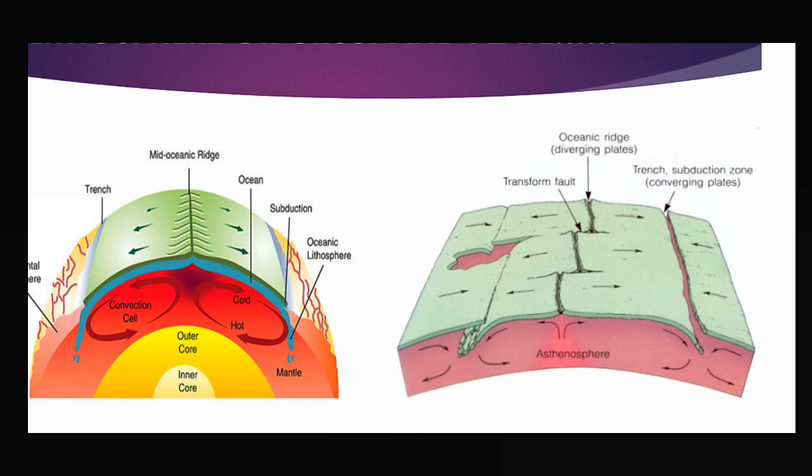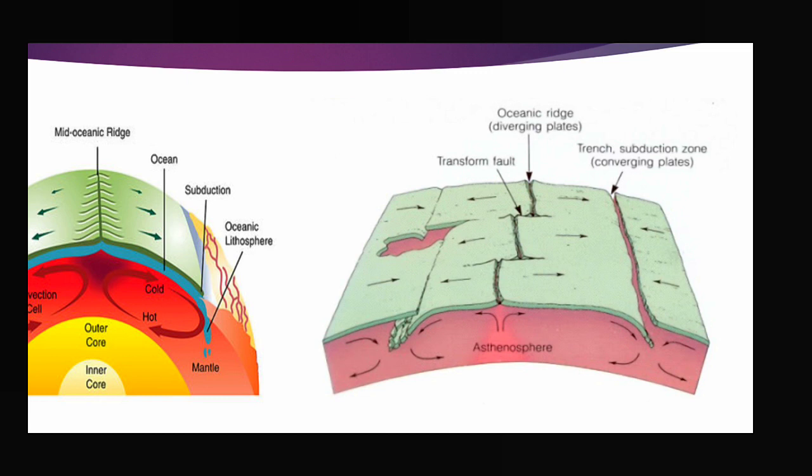Clear? So what is the name of these broken parts of the lithosphere? This total light green portion is lithosphere, but this lithosphere is broken into so many divisions, and these broken parts of the lithosphere are called a plate or lithospheric plate. Now you can ask why the name plate is given. If you see the lithosphere, that means the plate, its area is bigger than its thickness or depth. That's why it is named a plate.